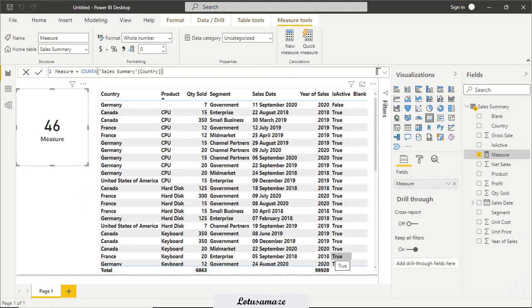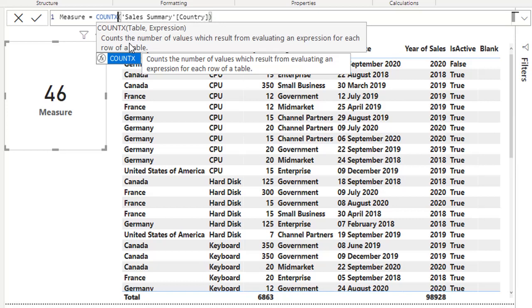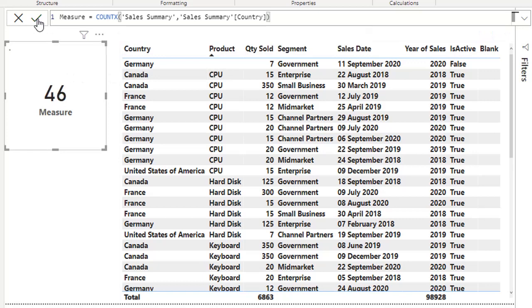Now we check the COUNTX function. In COUNTX, there are 2 parameters, table name and the expression. Country. Execute.